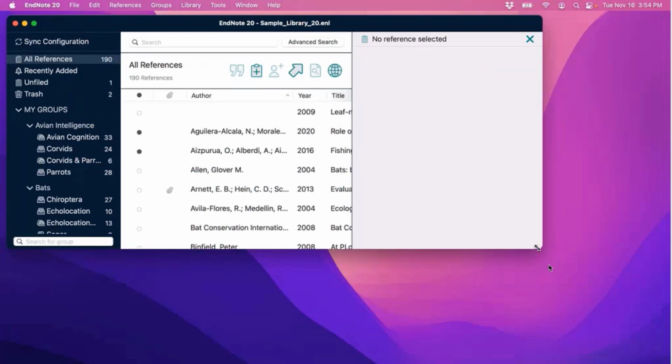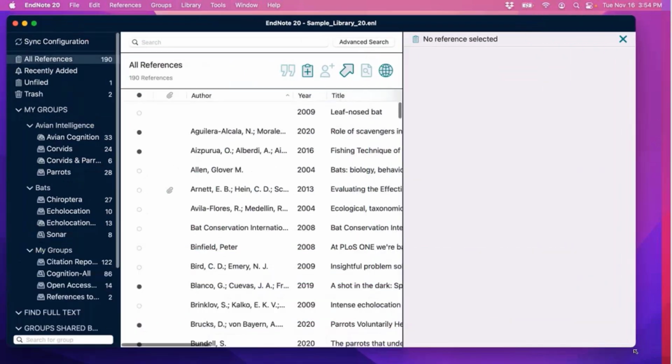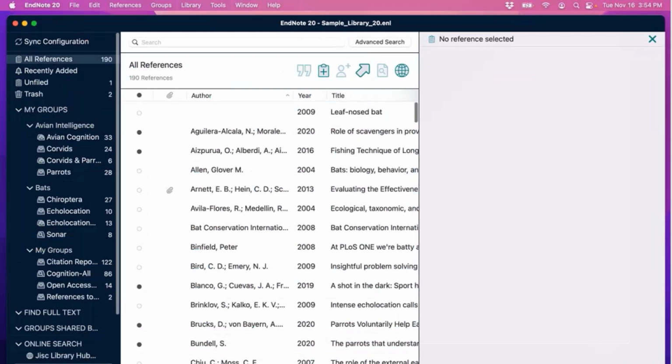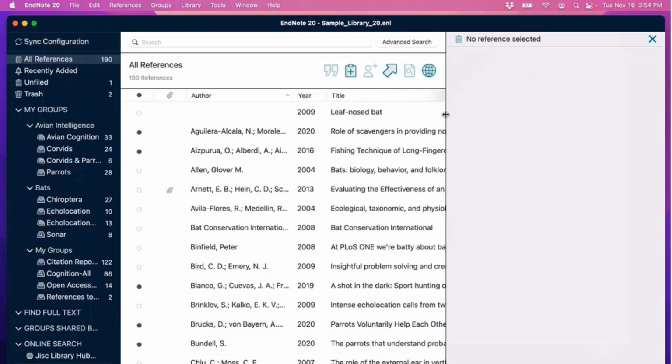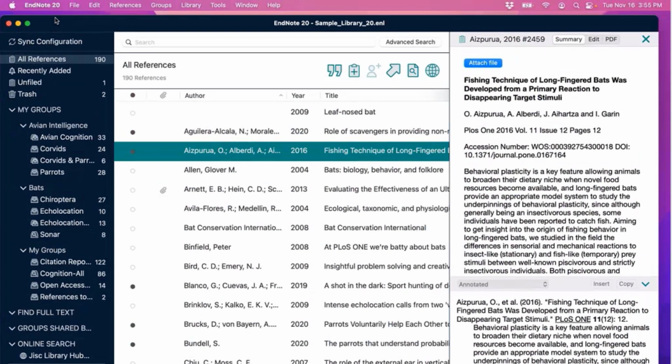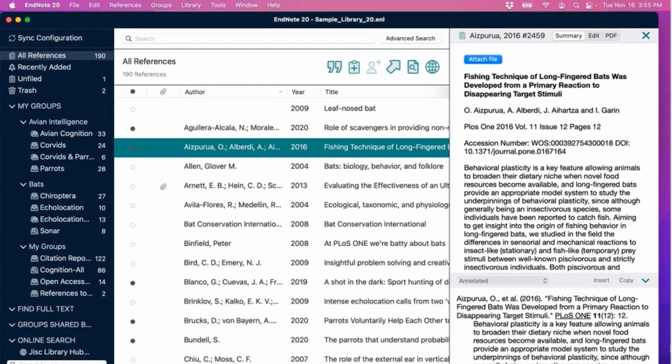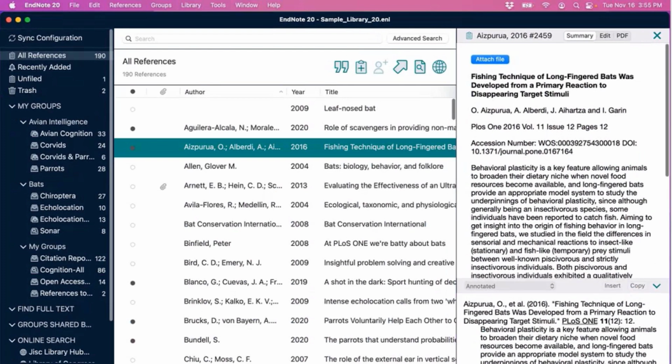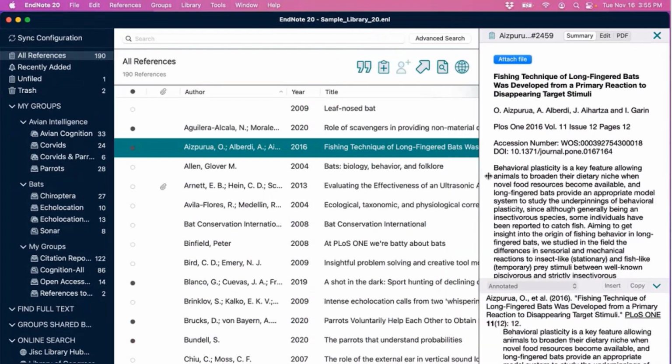I'm just going to go ahead and resize it here to get better use of my screen real estate. You can pretty much do this with any EndNote library. You could go full screen if you'd like, but I did want to mention that when you're direct exporting, like we'll be doing in just a little bit, you don't want to be in full screen on Mac OS. Otherwise, you can have trouble in your browser locating the EndNote library that you have open. We'll talk about that in just a moment. So what I'm doing here, I'm not maximizing or going into full screen mode, but I'm just resizing the library window. Each of these panels can be sized to personal preference here.